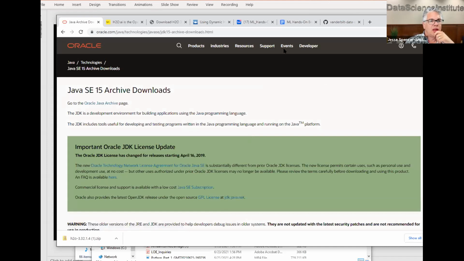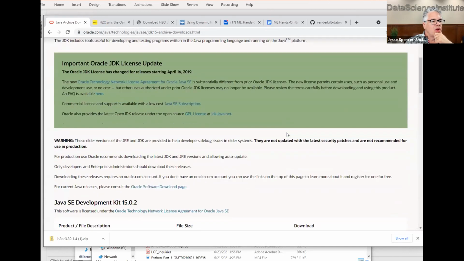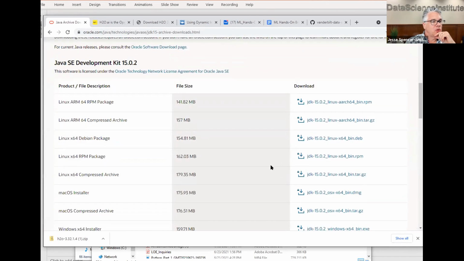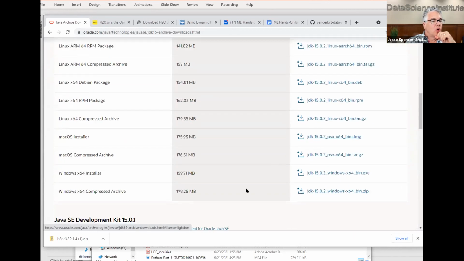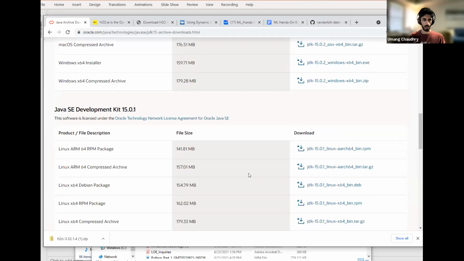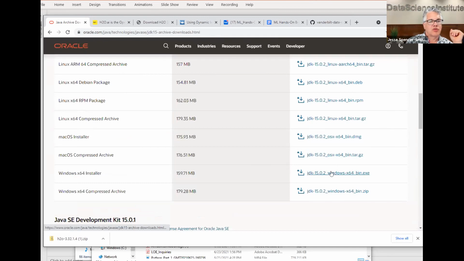You might have to sign in at this point. If you do, go ahead and take a moment to do that. And what you're going to want to do is download the one that's appropriate for you. It could be the Mac installer, or it could be the Windows 64 installer. And which one did you get? Did you get this one, Umang, or did you just go down to the SE development kit? I just got the first one. Okay, yeah. First one will definitely do it. It has some extra stuff in there, but that's not terrible. You'll click on that and you'll follow the instructions.